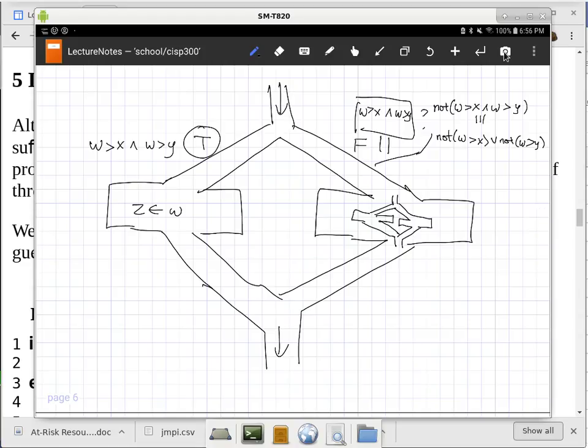Seems to make sense, right? Now, if that is true, can I further rewrite this as W is less than or equal to X, or W is less than or equal to Y. All right. So if you look at this and go like,